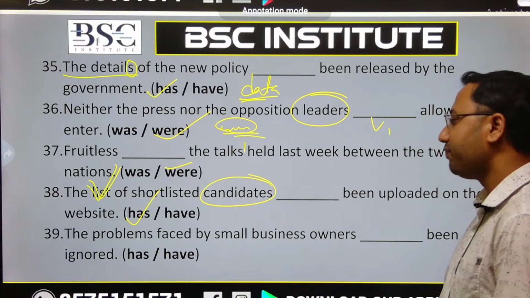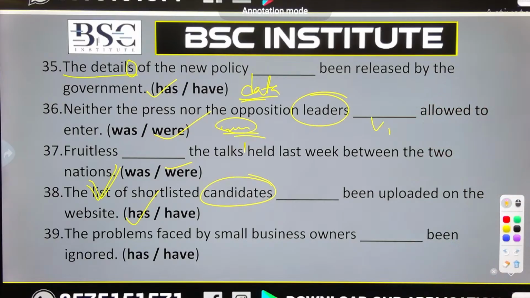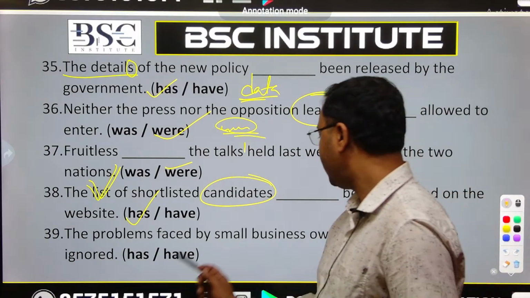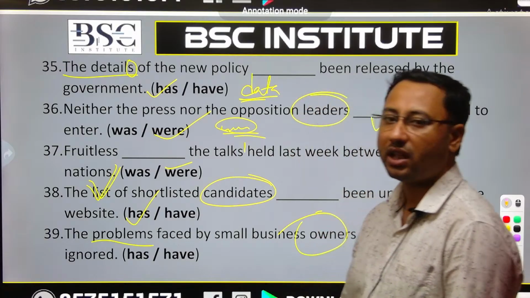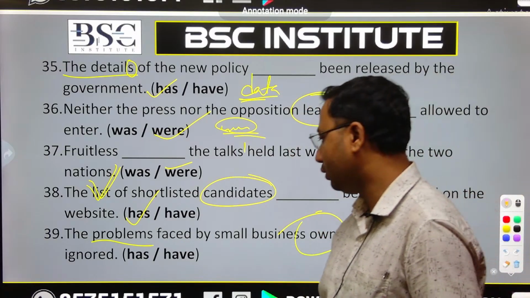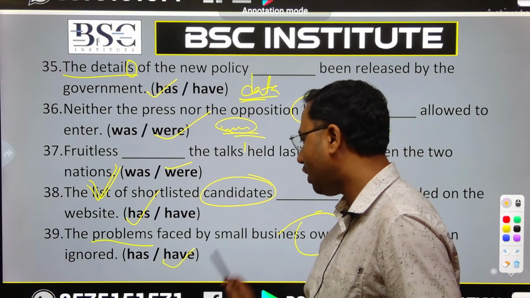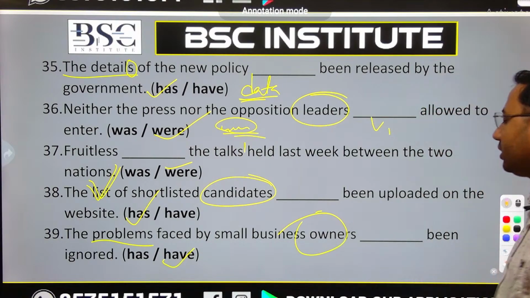Next question, the problems faced by small business owners dash been ignored. Here the subject is not the owners but the problems, and problems is considered plural, so it will be P2, that is have. Problems faced by small business owners have been ignored. I hope these questions